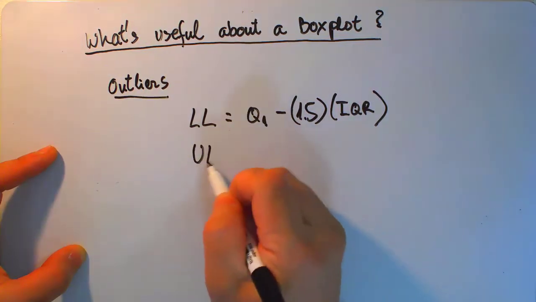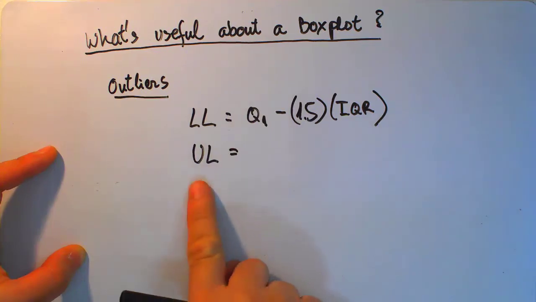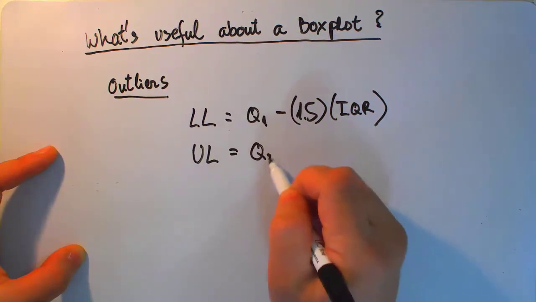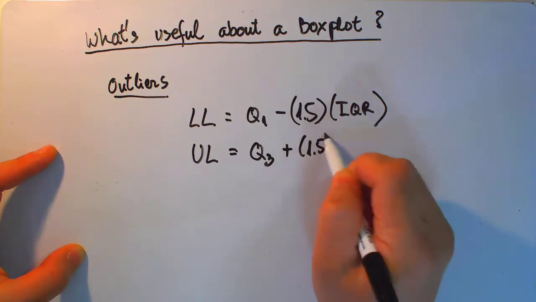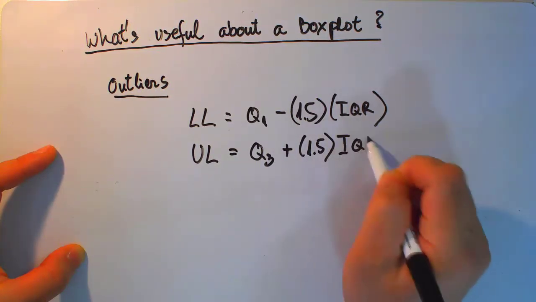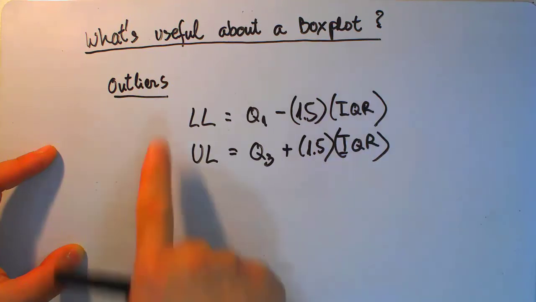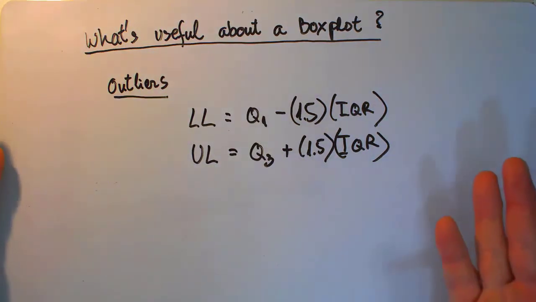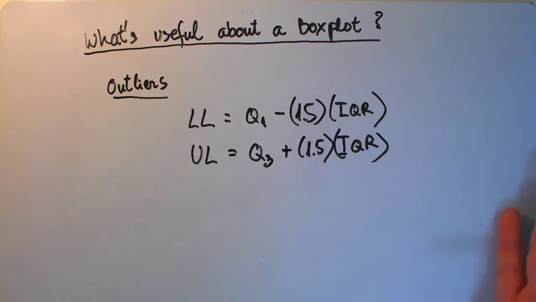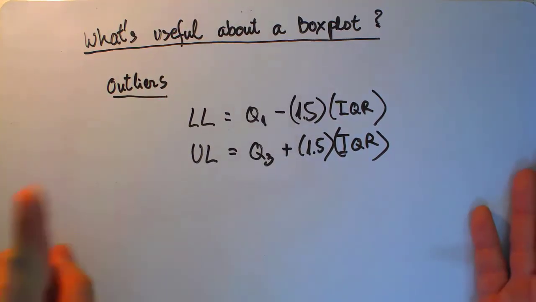And then we can just numerically calculate our up limits by going from where Q3 is plus 1.5 times the IQR, and once we come up with the lower limits and the upper limits, naming the outliers is just fine. We don't need a box plot for naming the outliers. However,